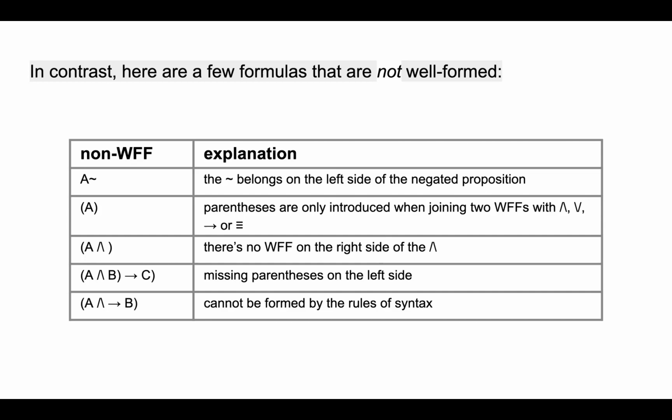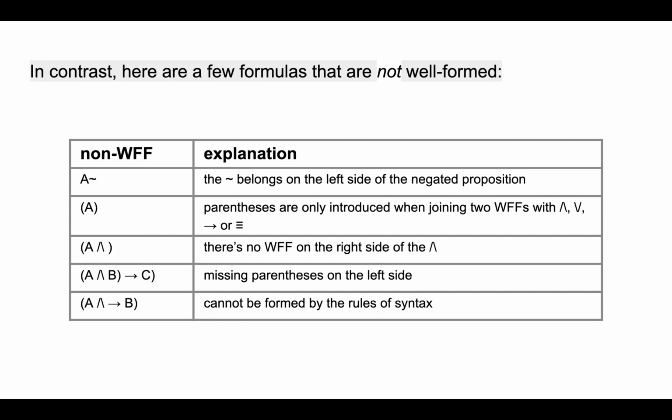There is no other proposition to compare with, no and operation, or operation, implication, nothing is there, only A is there in parenthesis, so it is not a well-formed formula. Then in the third row we can see A and, it is also not having the second proposition, so A and is also not a well-formed formula. There is nothing at the right side.